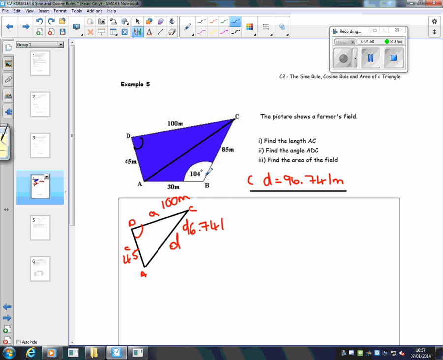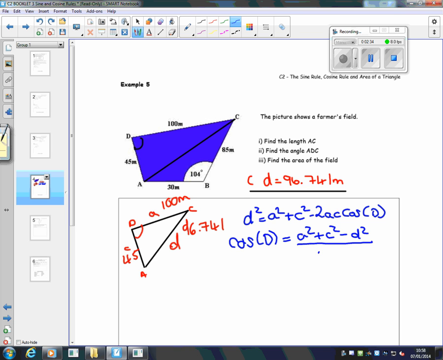So the cosine rule, using these letters that we're given, would be d squared is equal to a squared plus c squared minus 2ac cos of capital D. Now we're going to rearrange this to make cos of D the subject of the equation because that's what we're trying to find. So cos of capital D would be equal to a squared plus c squared minus d squared